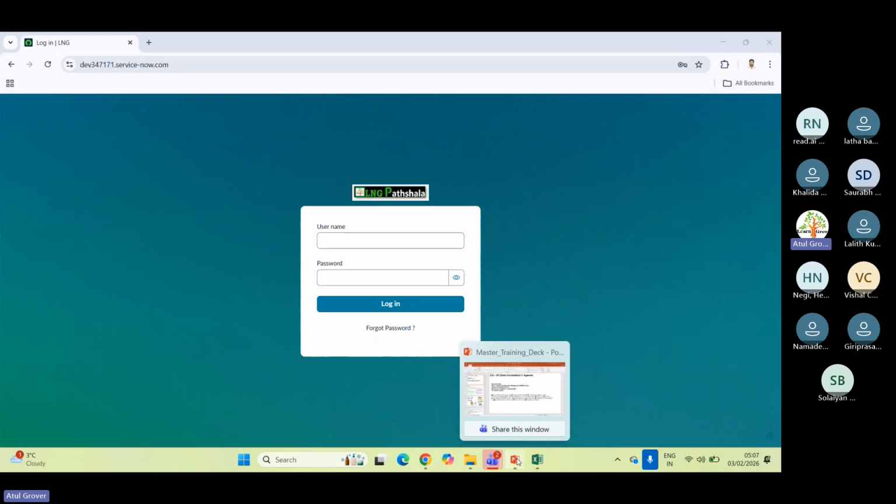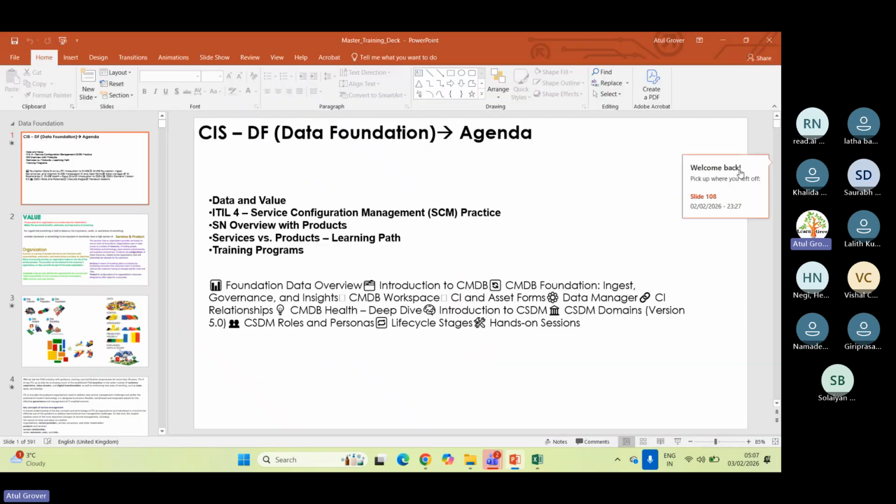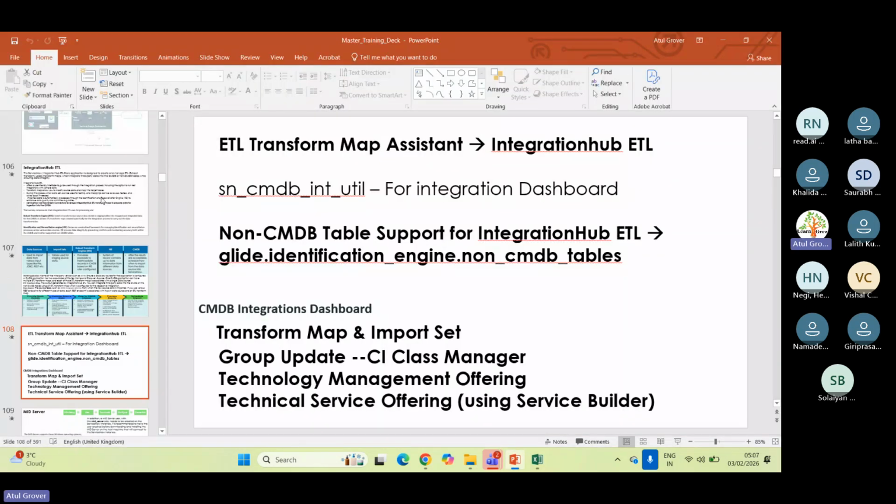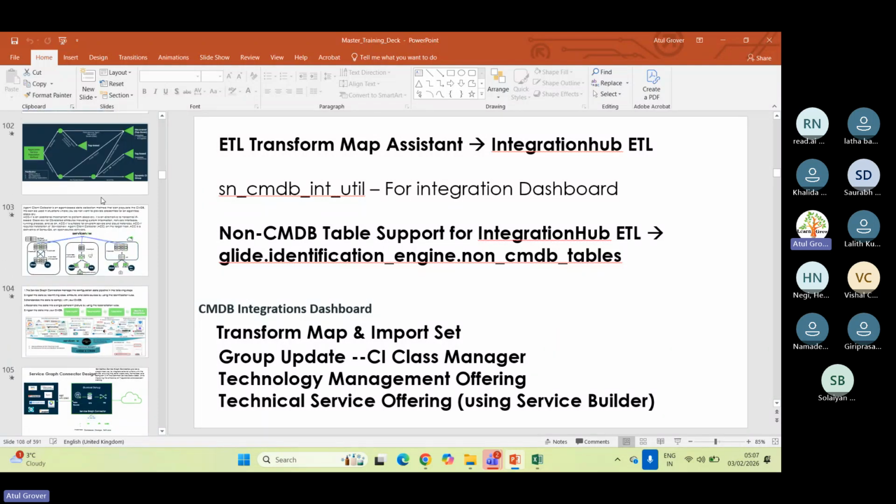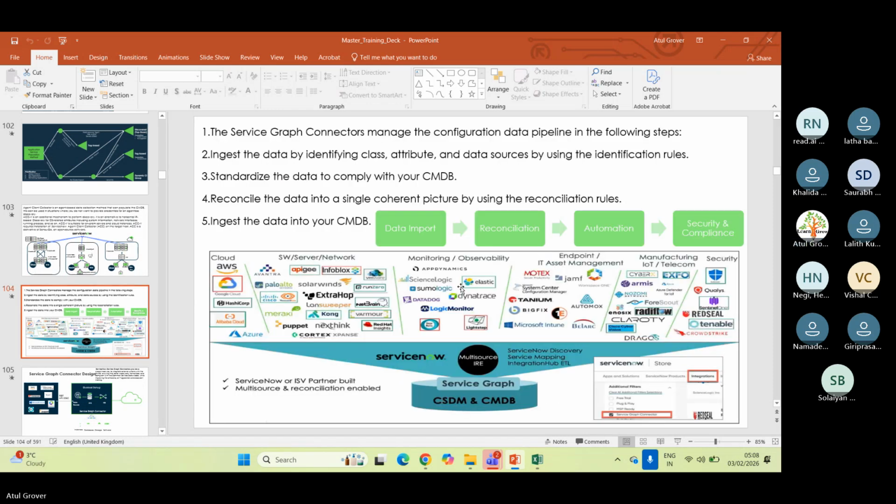So yesterday we discussed the ways we can get data into ServiceNow. We covered the top-down and bottom-up approaches, ACC as well, and then we were discussing the ServiceNow graph connector. In simple, easy words, the graph connector is nothing but pre-built APIs